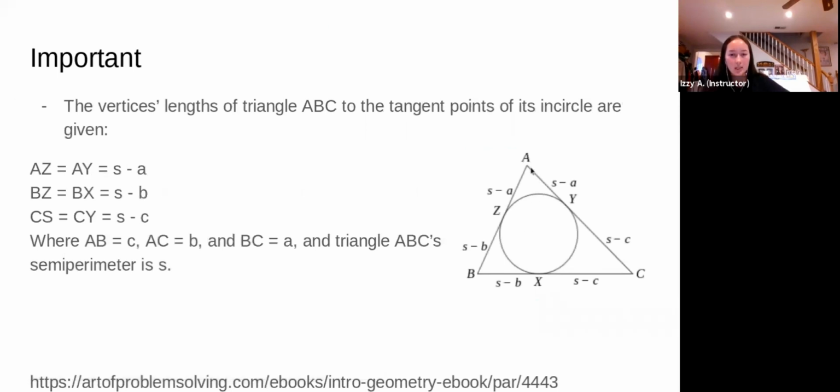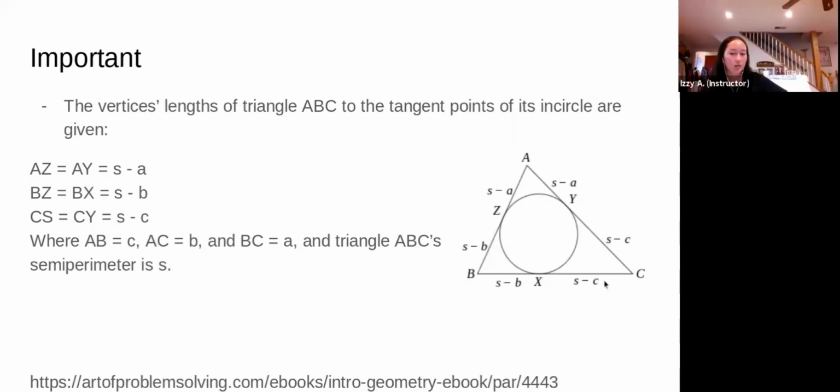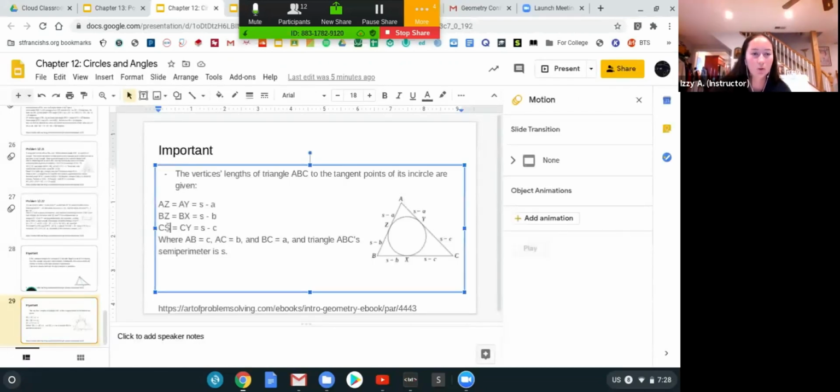So AZ is going to be equal to AY, and that's going to be S minus A. Next, CD is equal to B, yes, and that's going to be S minus B. And CS is going to be equal to C, it should be CX, sorry. Oh my gosh, I have some typos. Okay, CX is equal to CY, and that's going to be